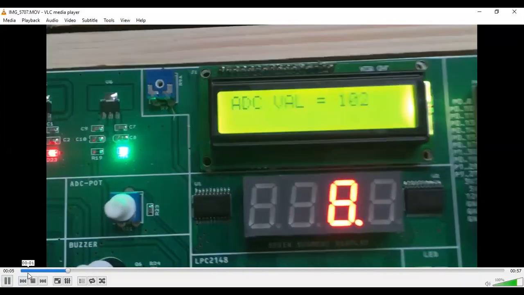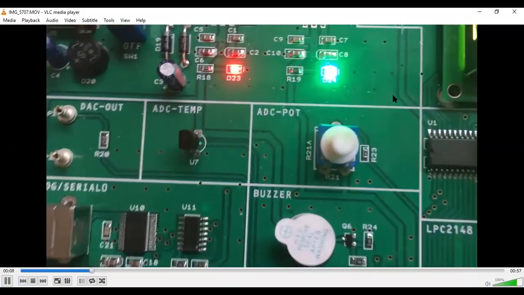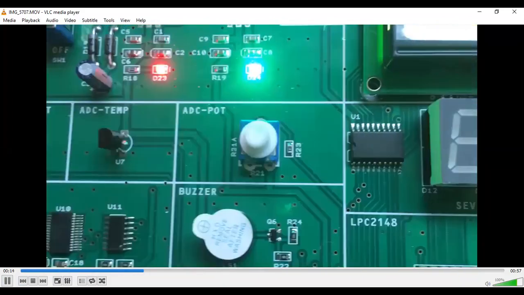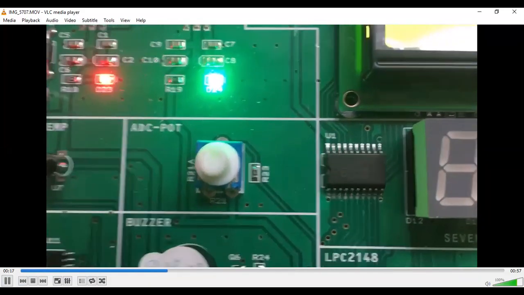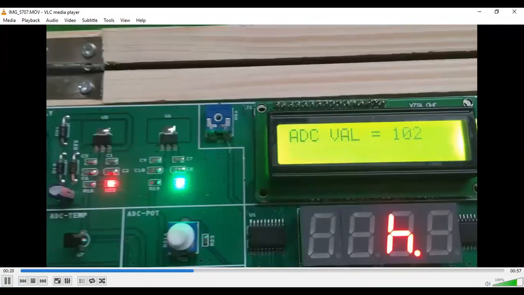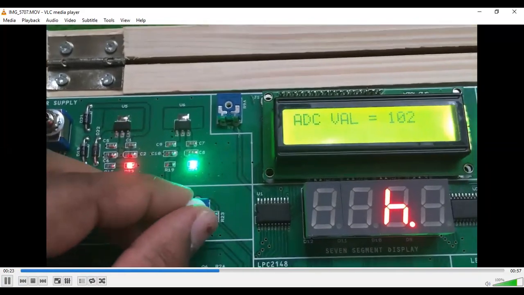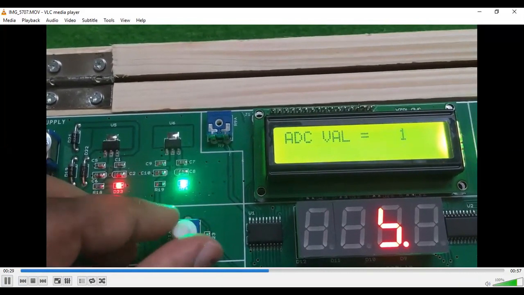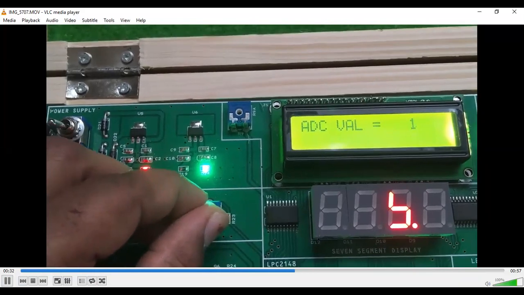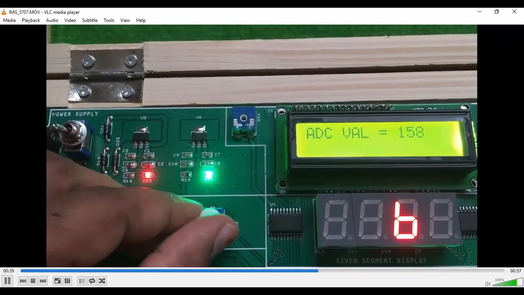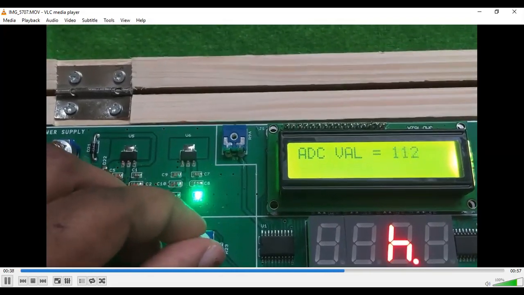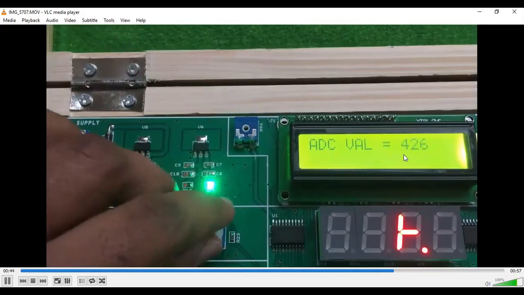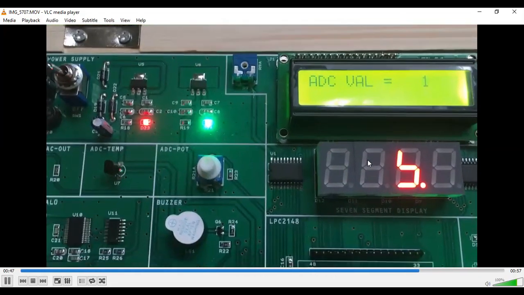Here this is the value which is being displayed. 102 is the LCD value. This is the variable register. Once you vary this variable register value, that means you rotate towards the left side or towards the right side, the value displayed here will vary. See, I am rotating the data. The data is being rotated, according to which there is a variation. If I increase the voltage, the ADC value will also change. If I decrease it, the value will also reduce. That means according to the variation in the register value, the digital data will also change. See, the increasing and decreasing of the value depends upon the register.